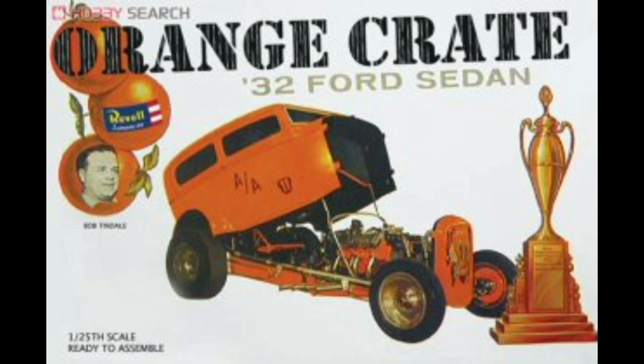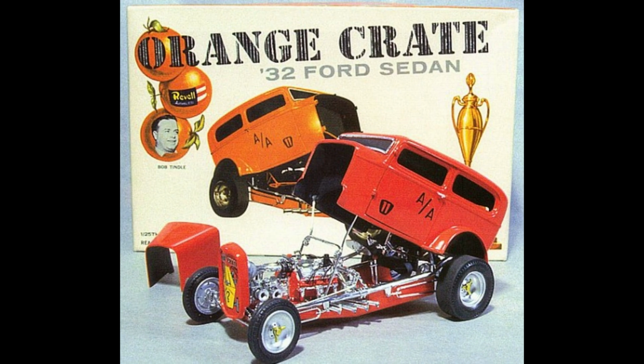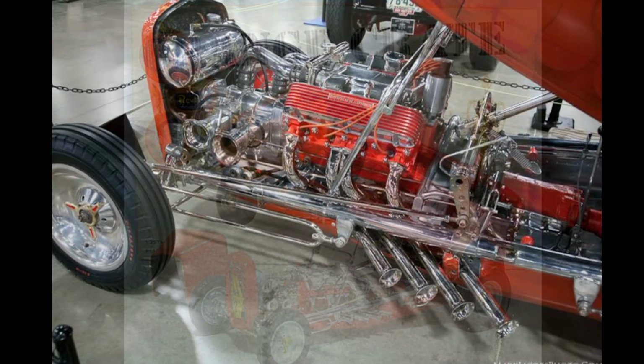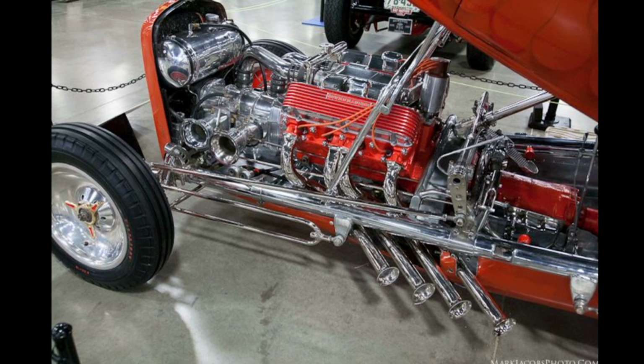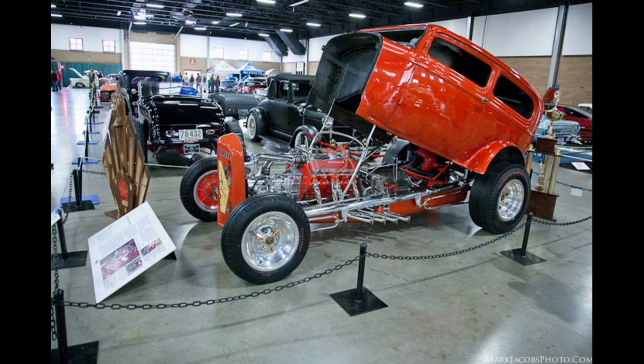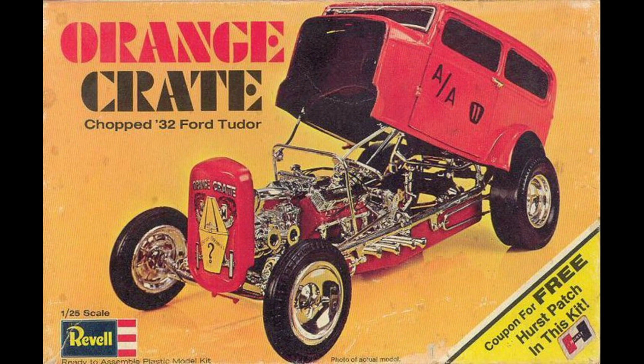In 1963, Revell's 1932 Ford model kit started life as the 1/25th scale Bob Tyndall Orange Crate sedan. The Orange Crate sported an Oldsmobile V8 punched out to 418 cubic inches with fuel injection and a front-mounted blower. The car also had a rear tilting cab to access the chassis and the running gear. In 1971, the box art was changed, removing Bob Tyndall's picture along with the trophy, but retained the name Orange